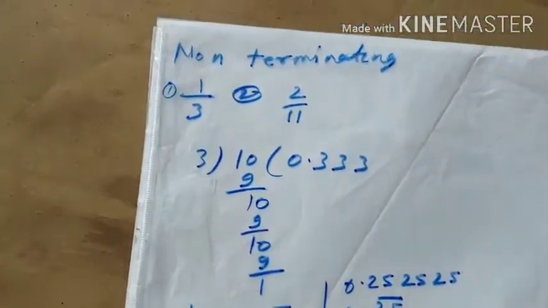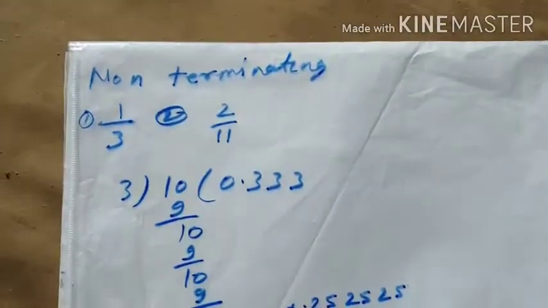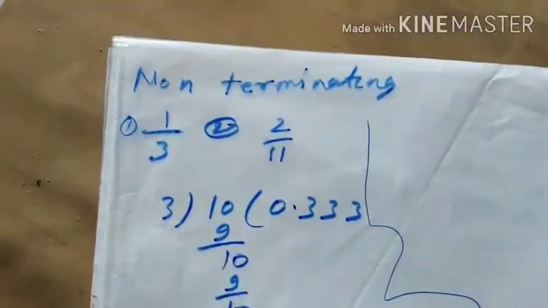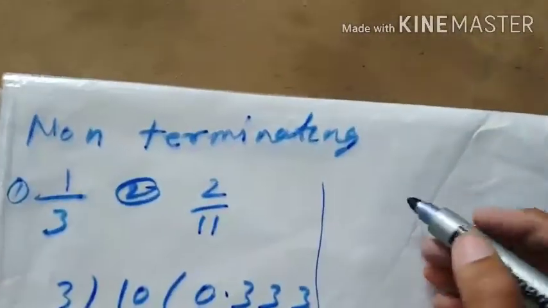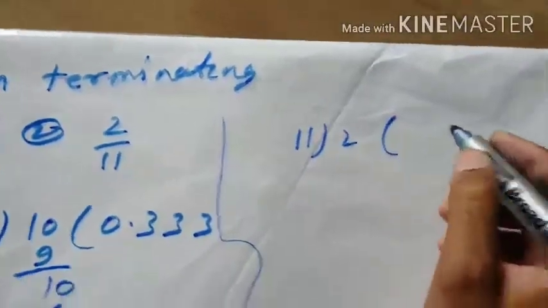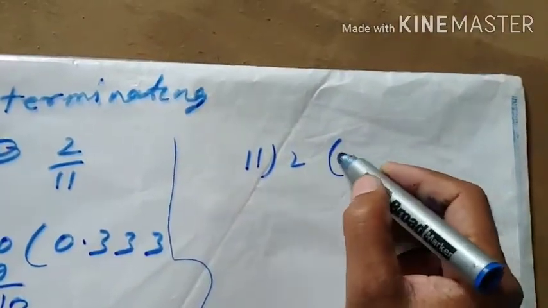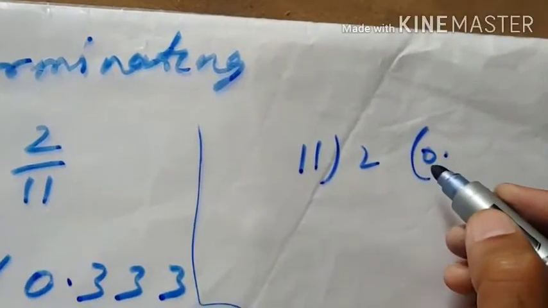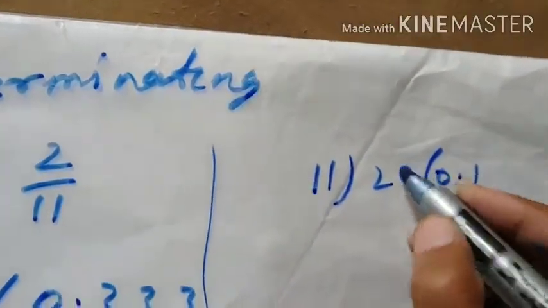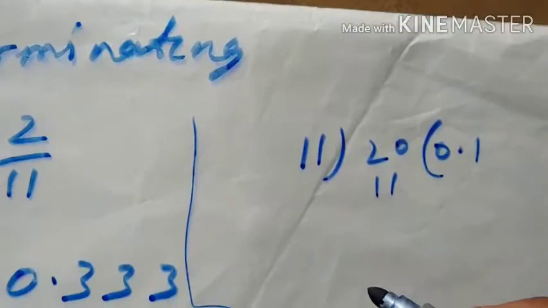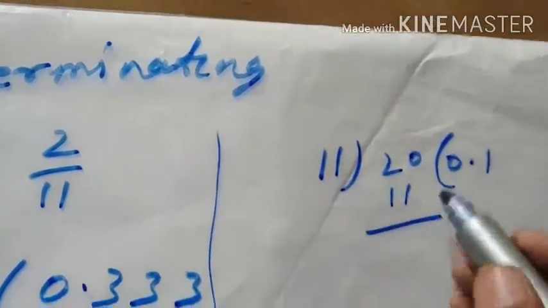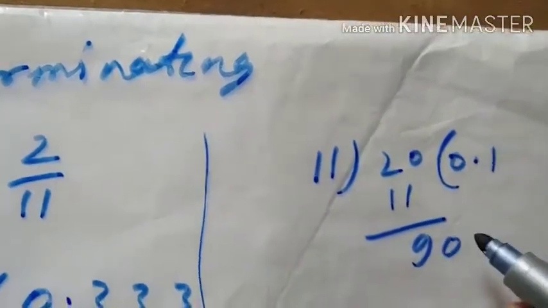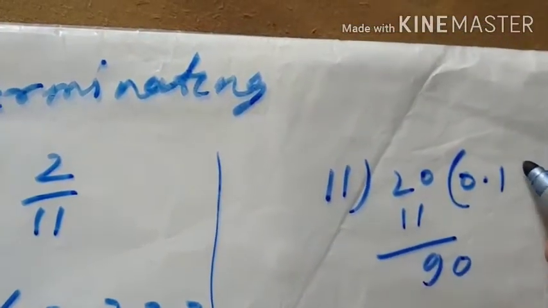Okay, again moving to the next example, 2 upon 11. What is the secret of this question? So 2 divided by 11, simply we will put a decimal here, and 11 2s are 22, so that's why 11 1s are 11 simply. And what are you getting here? 9. 20 minus 11 is equal to 9. 0 will be increased here. 11 8s are 88.